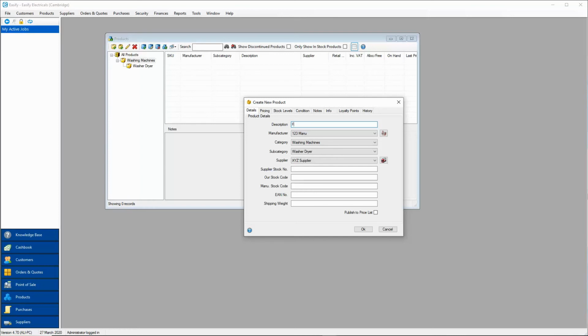We're going to call it a family washer dryer. We've only got one manufacturer added, so it's defaulting to whatever it is at the top of the list alphabetically. But if you had other manufacturers, you could select them from this list here. You could also add new manufacturers by clicking this button here. Again, we've only got one category, so it's selecting the one category, and we've only got one subcategory. We've only got one supplier, but again, if you had more suppliers and needed to select different suppliers, you would do this here. It defaults to whatever is alphabetically first on the list for each of these categories. Then we don't need to add any of this as a prerequisite, and then we move on to the pricing